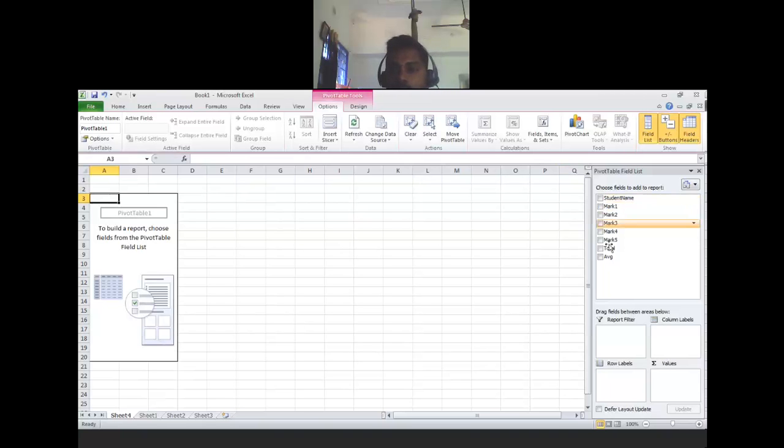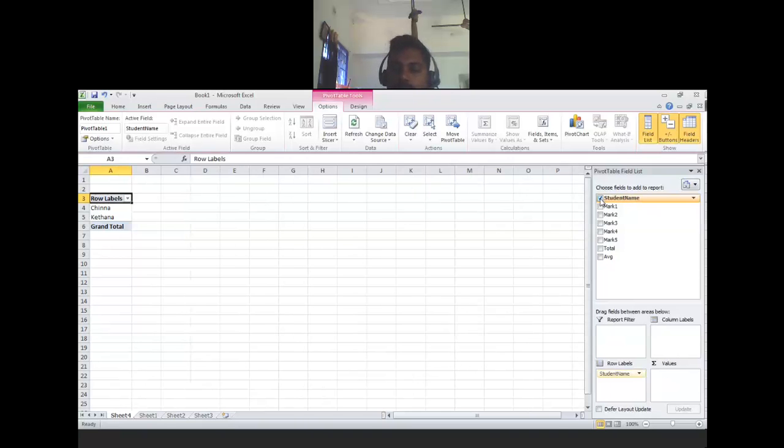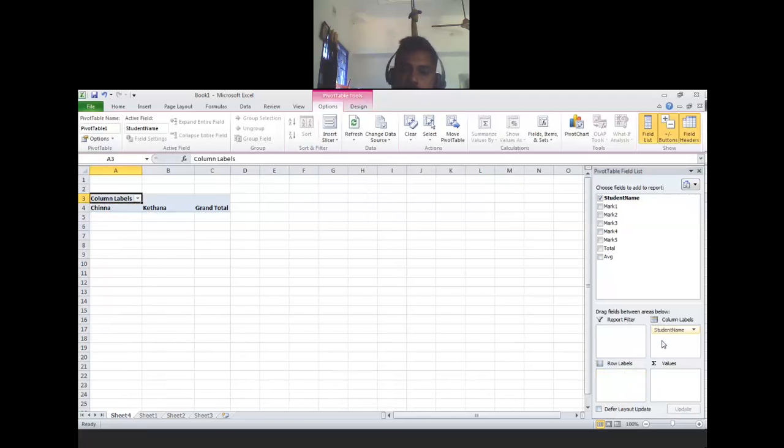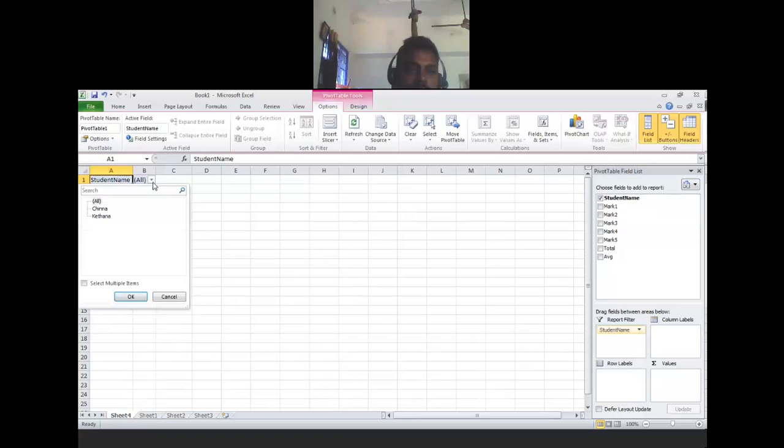Now here we have four boxes: report filter, columns, rows and values. Look, just as I tick, it comes directly into rows automatically. Or if you want to keep it in columns, or a filter, you can select it whenever you want.